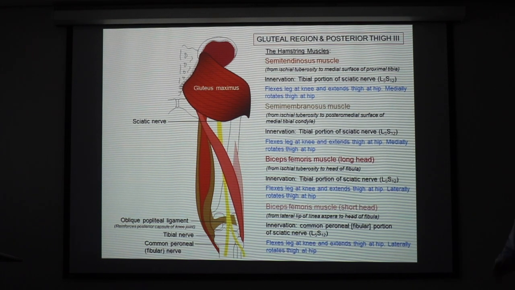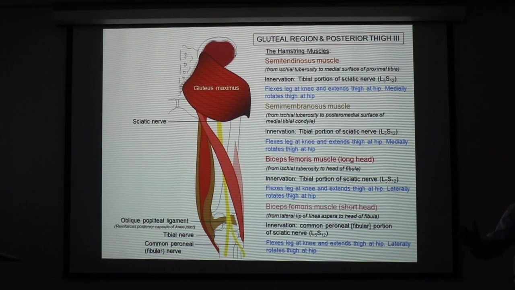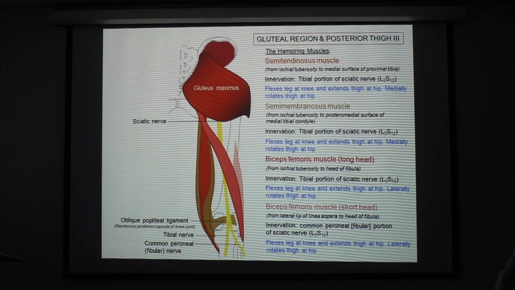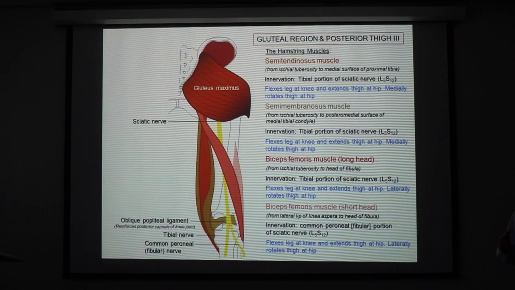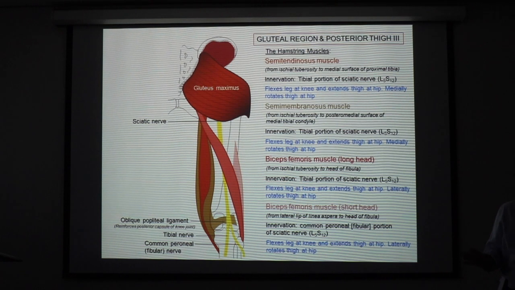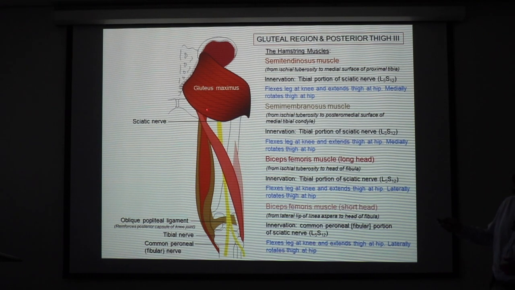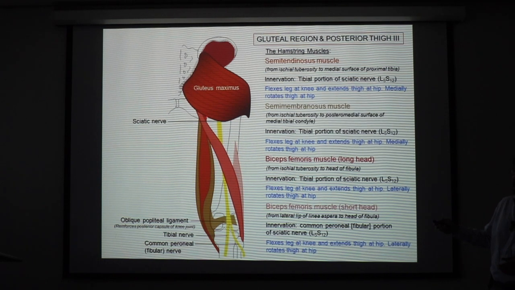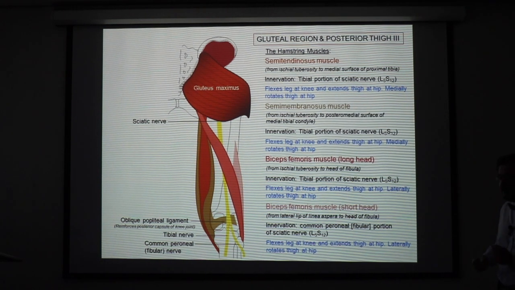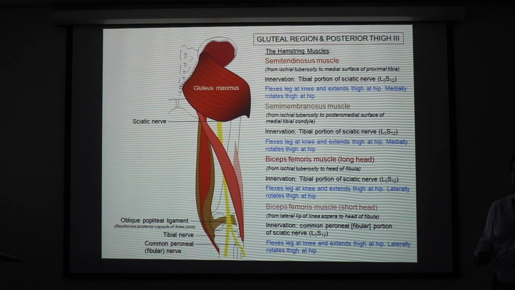If you have movements in sports like starting without a proper warm up, or you are playing a sport where you have to run at once, you are standing and then you start to run in one go, that can result in avulsion of the hamstring muscles. So hamstring muscles are attached to the ischial tuberosity, and if you have a sudden movement where you are basically running in one go, you can have avulsion of the hamstring muscle, and that can lead to